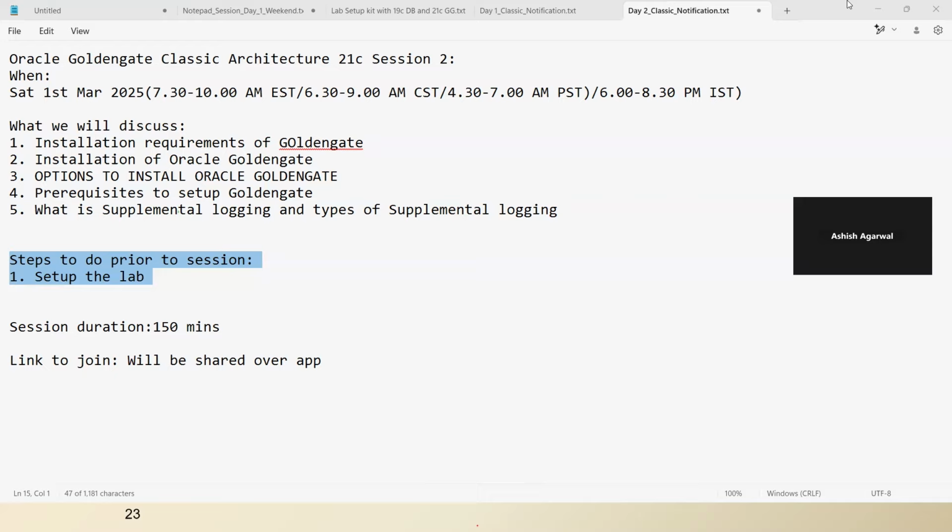See, there are two things. If you are only looking for a job, first of all, to shortlist your resume, you need something extra. Another thing is, if you're looking for better pay, then adding new and different technologies will definitely help you, not only Golden Gate. If you add Golden Gate to your resume, it is one of the best technologies to add. If you add Informatica, it is a very good technology to add. If you add ODI, so adding new technology, with the current database scenarios going on, there are a lot of